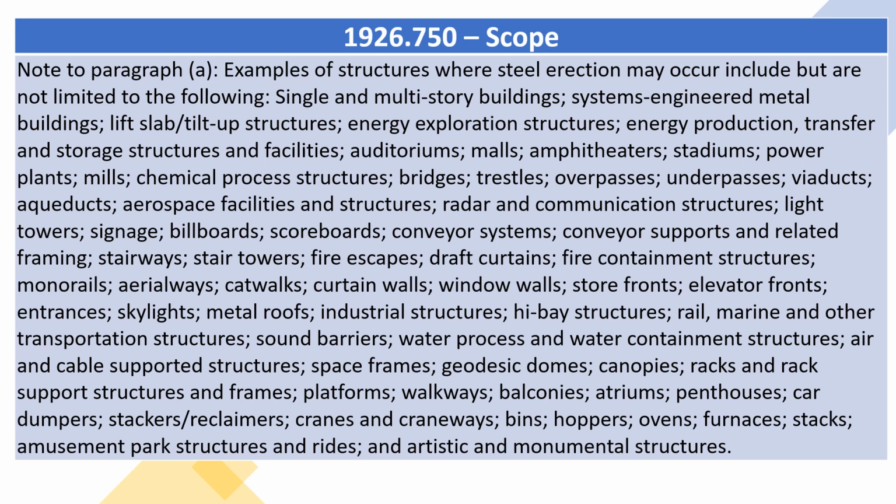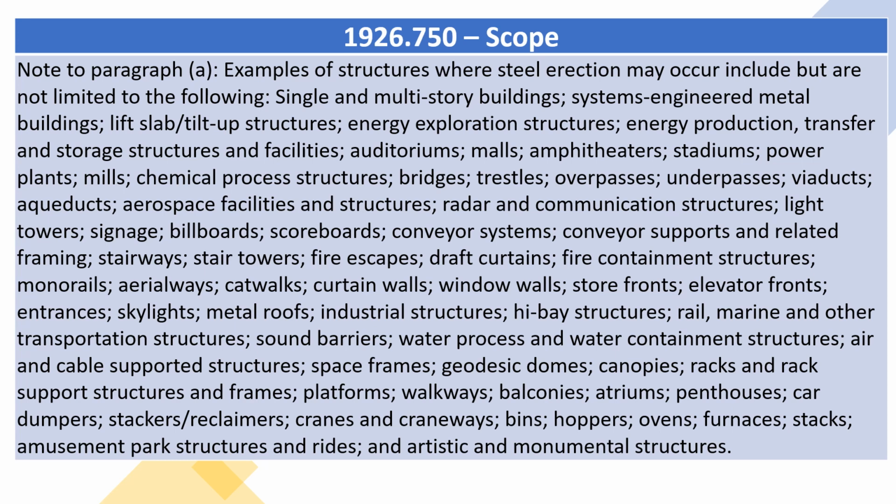Note to paragraph (a). Examples of structures where steel erection may occur include, but are not limited to the following: single and multi-story buildings, systems engineered metal buildings, lift slab/tilt-up structures, energy exploration structures, energy production, transfer and storage structures and facilities, auditoriums, malls, amphitheaters, stadiums, power plants, mills, chemical process structures, bridges, trestles, overpasses, underpasses, viaducts, aqueducts, aerospace facilities and structures, radar and communication structures, light towers, signage, billboards, scoreboards, conveyor systems, conveyor supports and related framing, stairways, stair